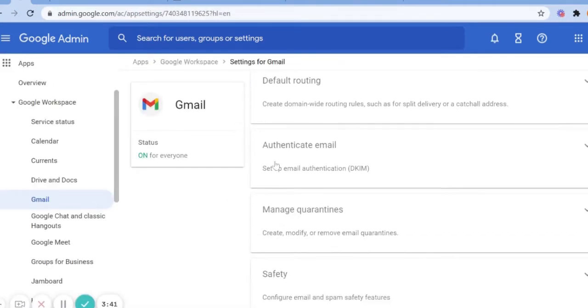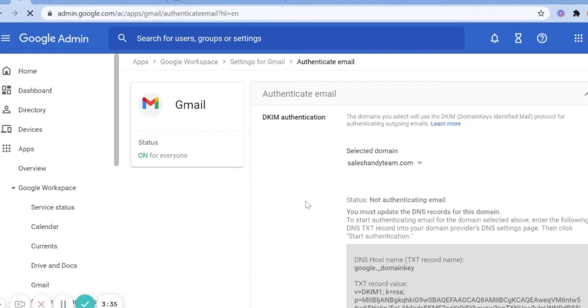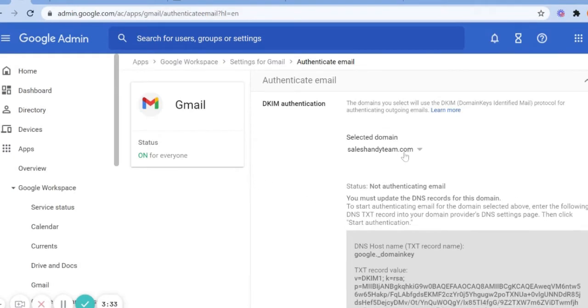Scrolling down a bit, you need to click on the authenticate email button. Then from here, you need to choose the domain that you want to generate the domain key for. Here your primary domain will appear by default. In other cases, you need to select the domain from the drop-down arrow under domain.